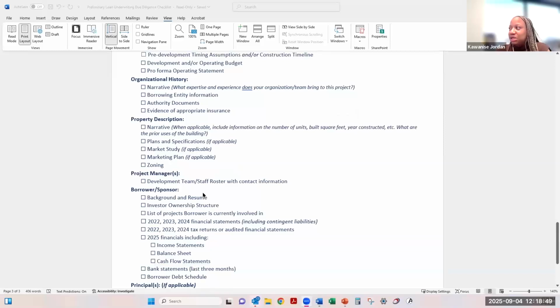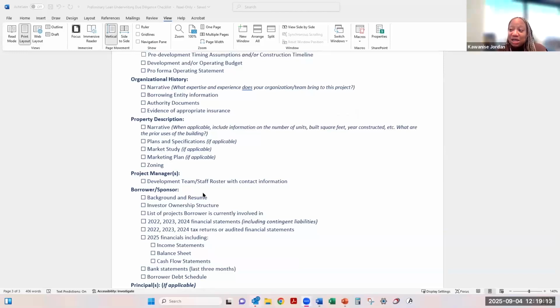And then also just the project description. So what is it about this project? How many square feet are you trying to build? What are the number of units? What are the plans that you have? Do you have any architectural plans? Are you not there yet? And if you're not there yet, it's okay not to check this box off. But if you have any plans that are solidified for the project, we would need to just have all of that documentation in hand in our files.